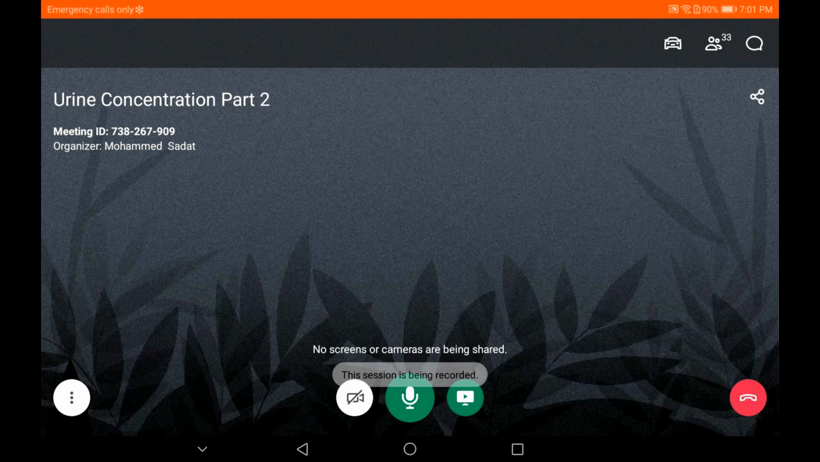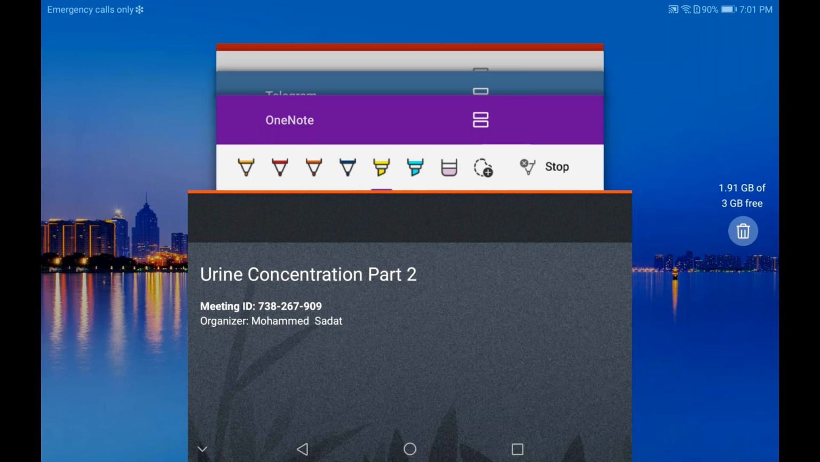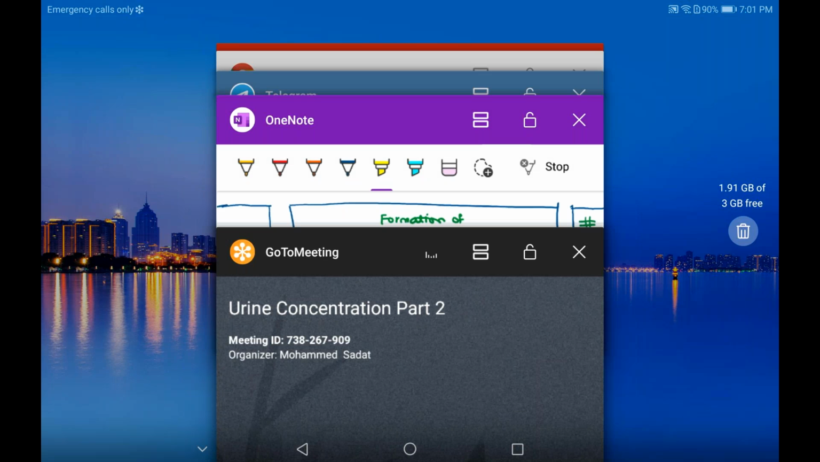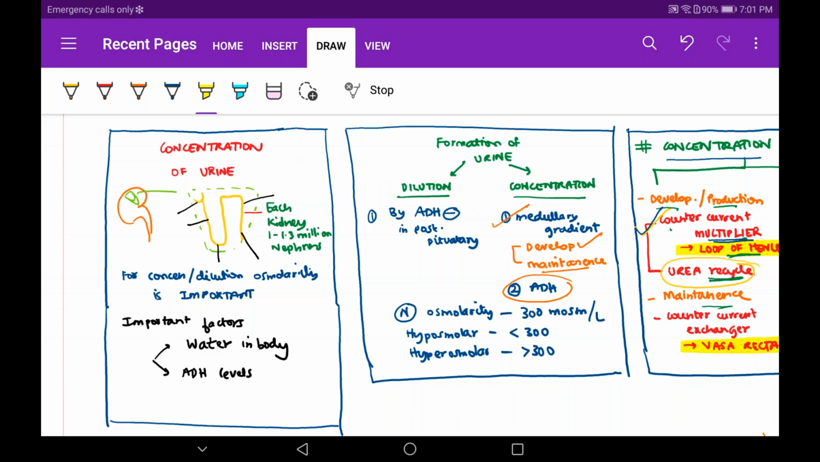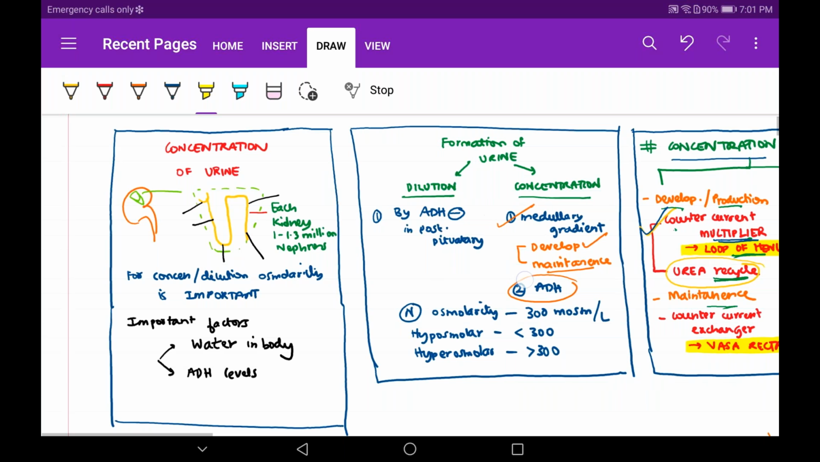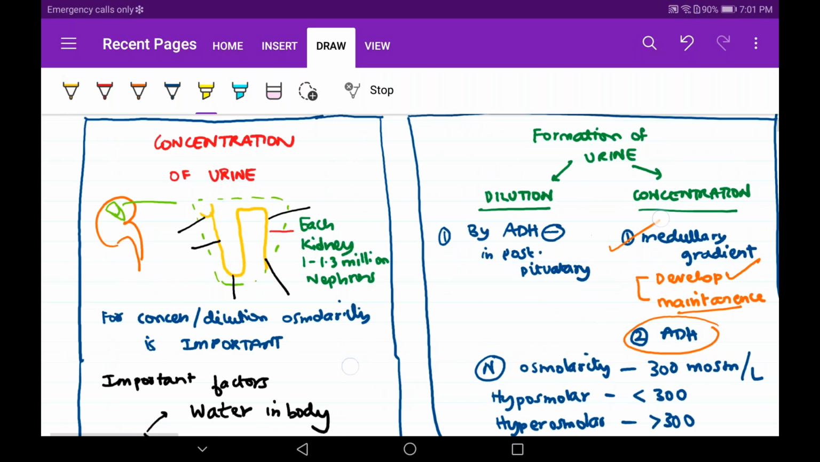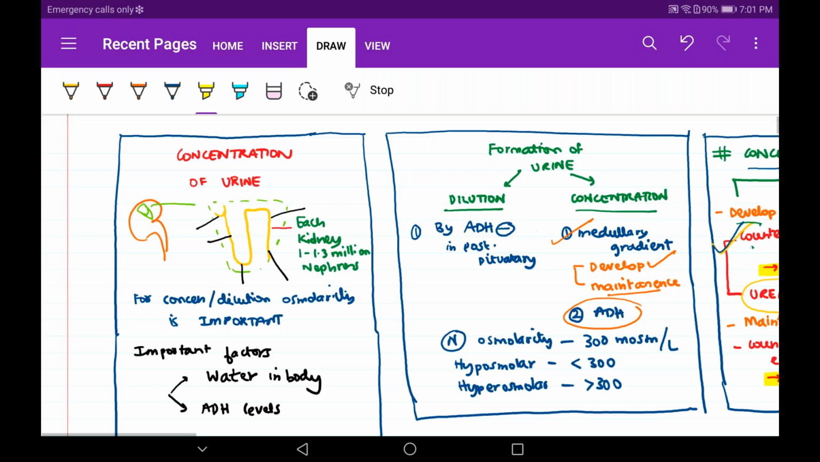Right. I am Dr. SADAT, who is taking the second part of the concentration of urine session. Okay, just to give you a quick recap of yesterday, what we have dealt with. Yes, this is the paper presentation of yesterday's session so that you just get the actual concept. Okay, so now basically when you start the paper presentation along with the concept, I will be revising in this